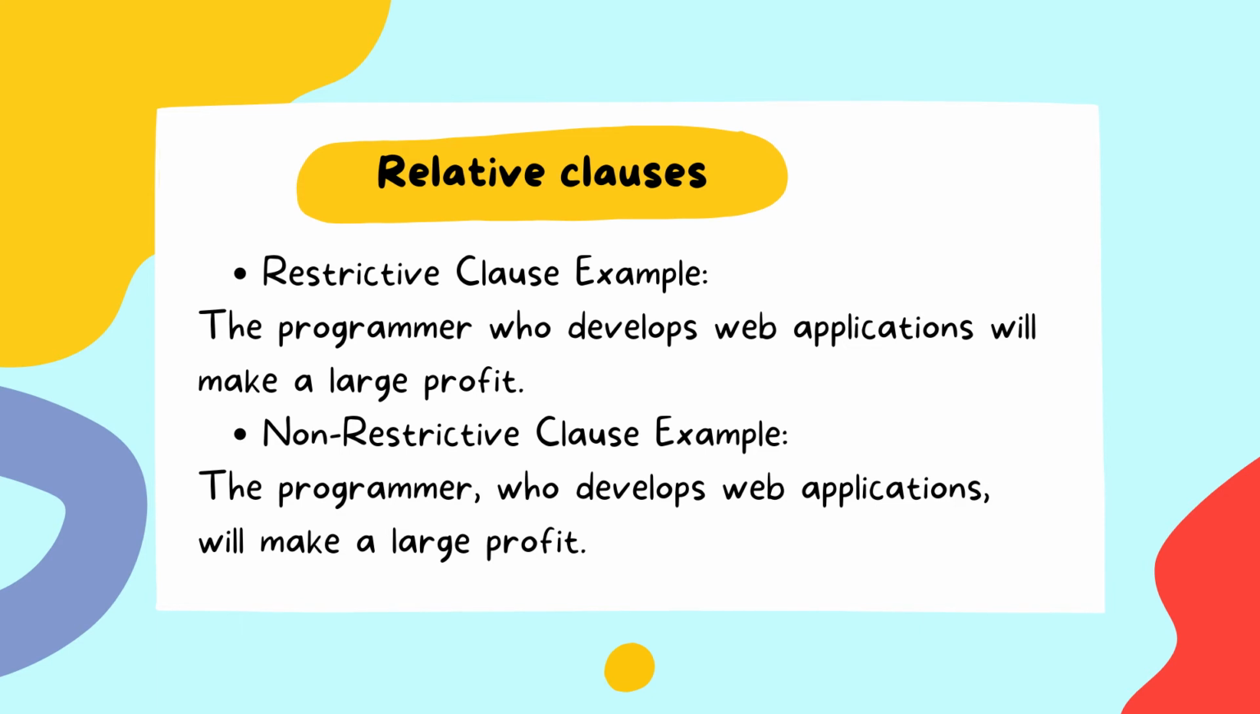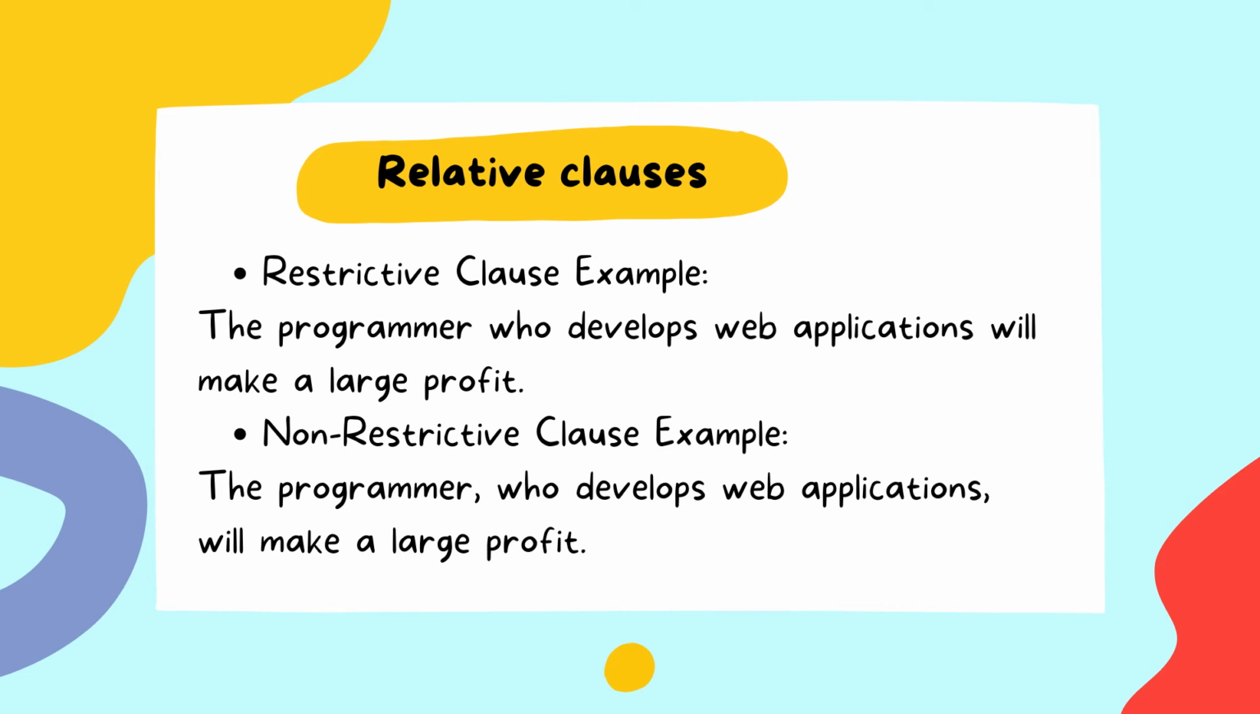Also, we have restrictive relative clauses and non-restrictive relative clauses. Restrictive relative clauses are sometimes called defining relative clauses or identifying relative clauses. Similarly, non-restrictive relative clauses are called non-defining or non-identifying relative clauses, and they are preceded by a pause in speech or a comma in writing. For example,